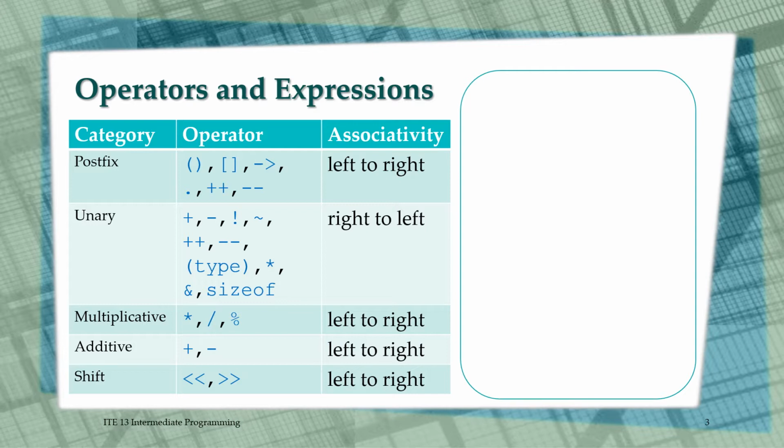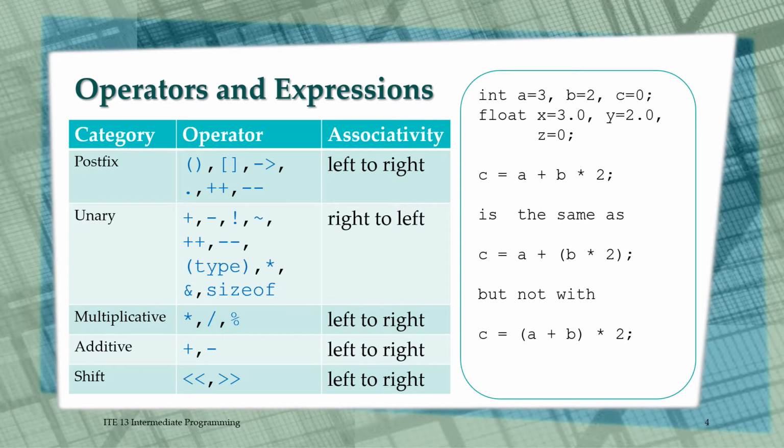The table presented here has a total of 15 categories, arranged from the group of operators with the highest precedence, the postfix group, to the group with the lowest, the comma group. The postfix group contains the pair of parentheses, the incremental and decremental operators, among others that you have already used previously, the pair of brackets of the array as subscript operator, and the arrow and the dot operators of structure